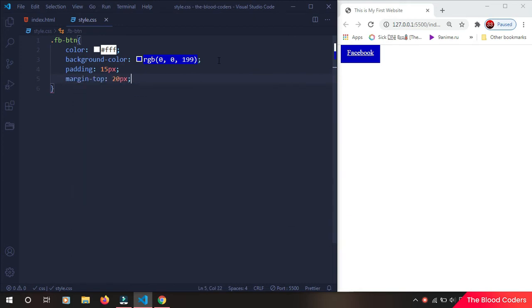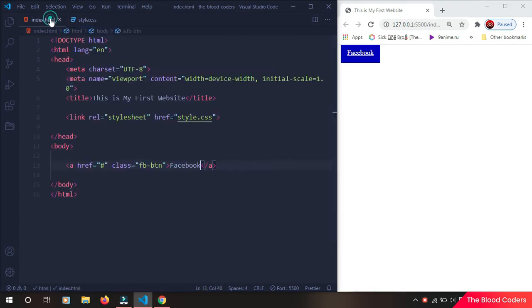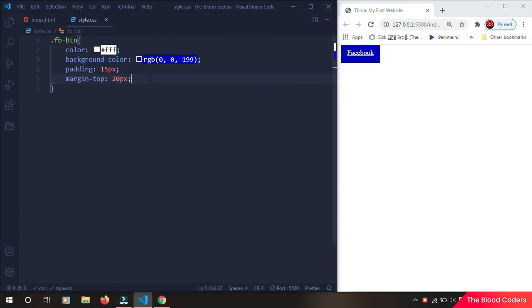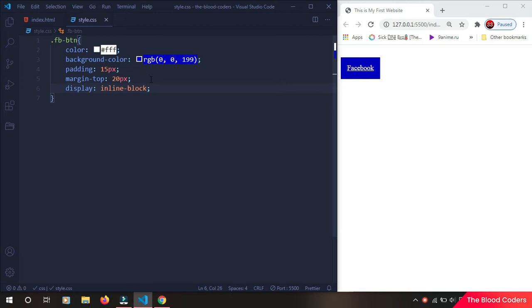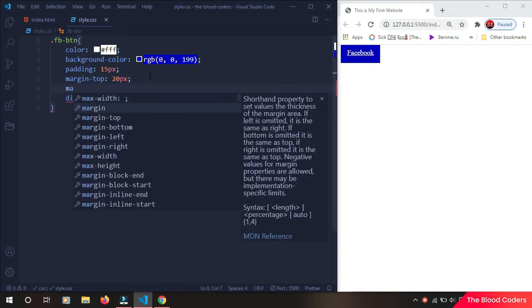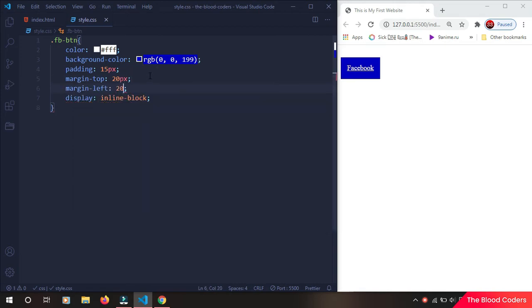Okay, this is not going to work because a tag or anchor tag by default has display inline, so margin does not work with display inline, so we need to change it to inline block. So display inline block. Okay, now I'm going to give it a margin of left as well, left 20 pixel. Okay, this is looking awesome, but I also want to use Facebook icon, and for that we are going to